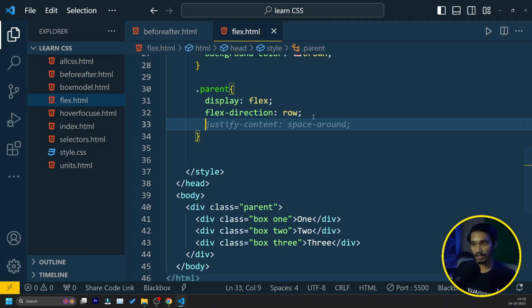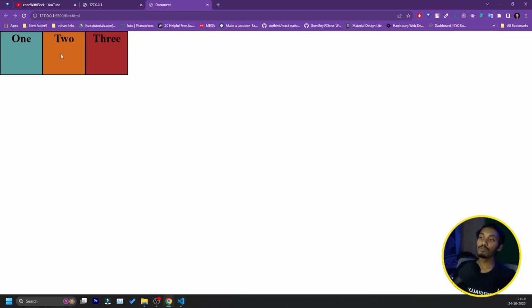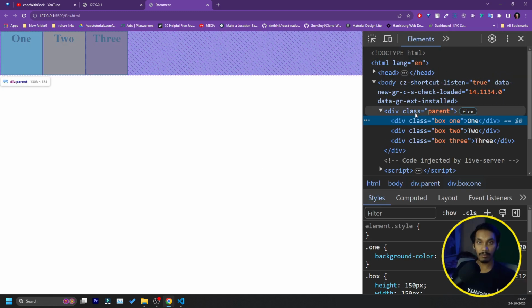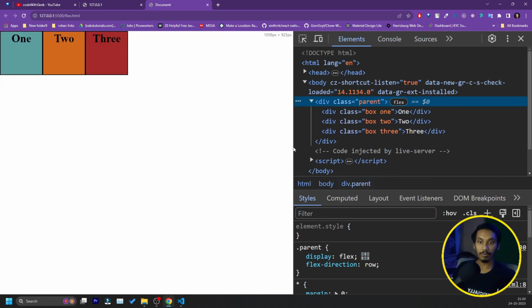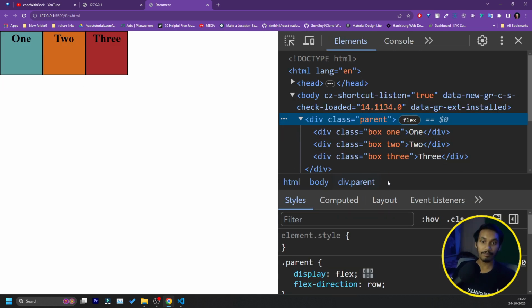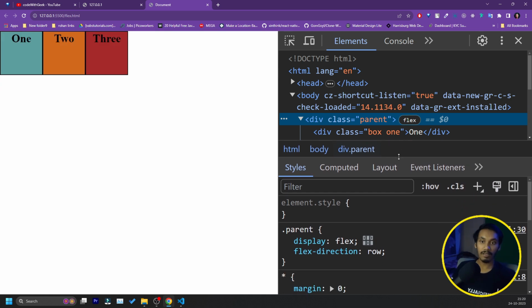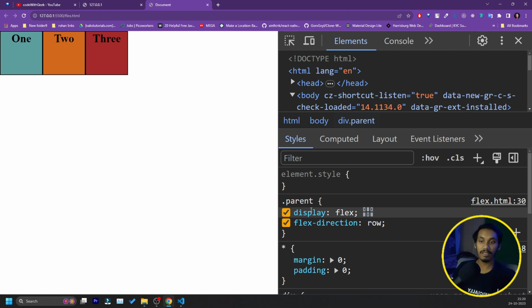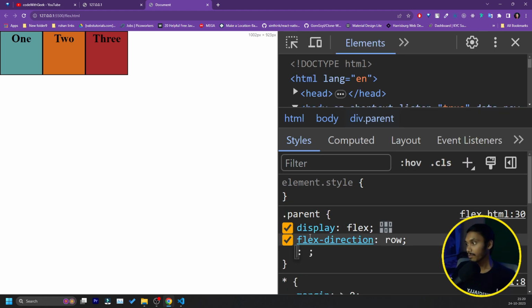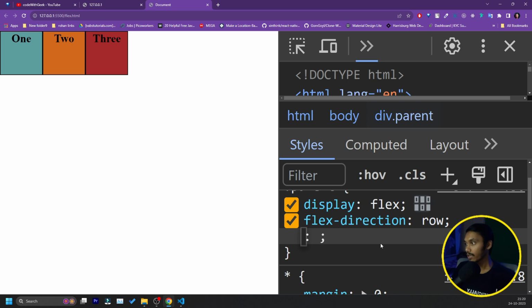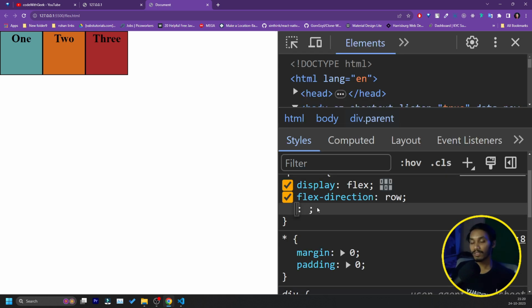Now suppose we have our items, and we want to move them along the x-axis, from left to right. For that, I can even open inspect element and target the parent. I hope you can see that. I can make it bigger. So I just target the parent, and you can see there is our parent. I can make it bigger. Now I hope it looks good and you can see it well. Now if I put